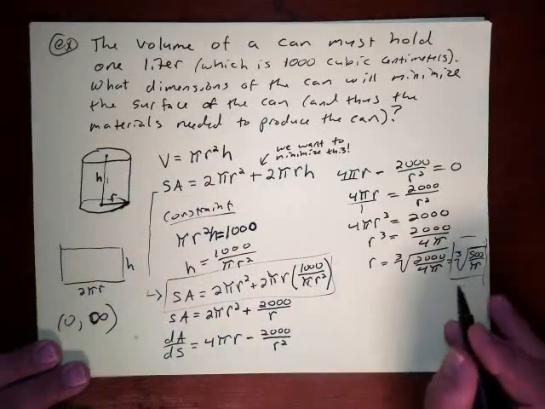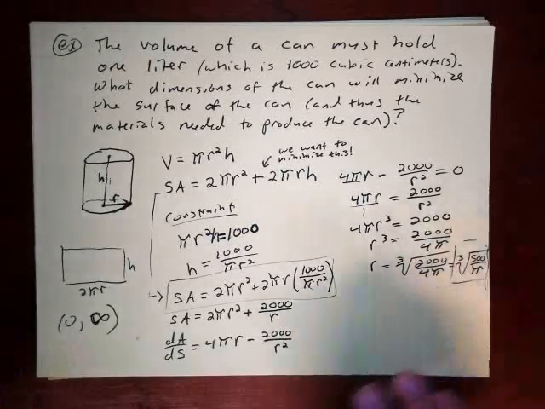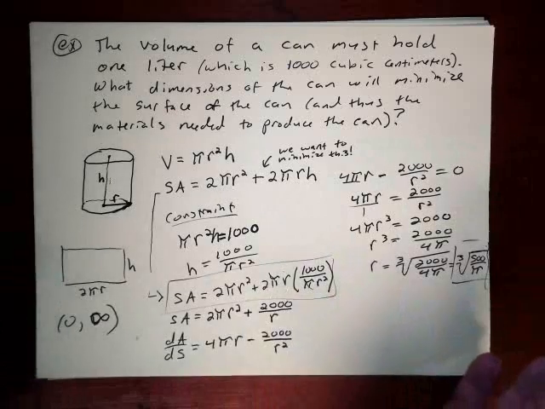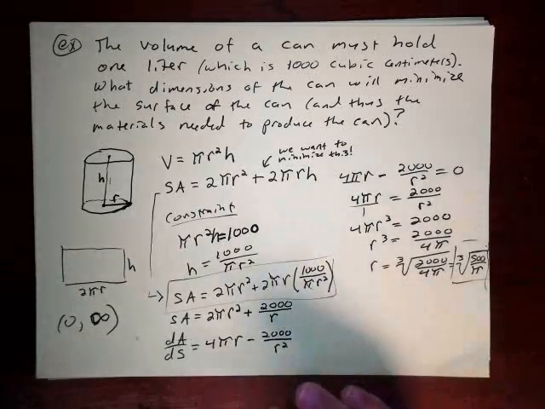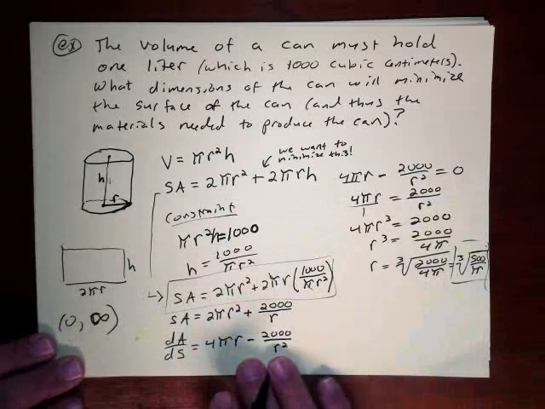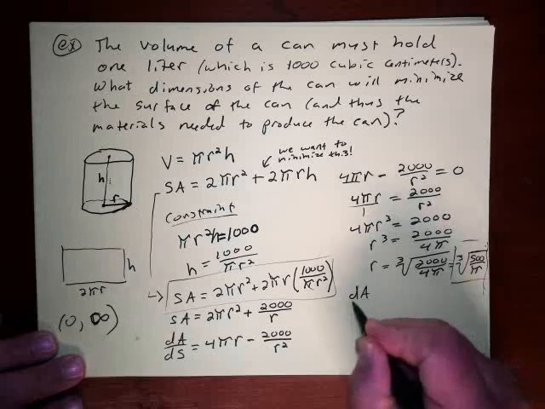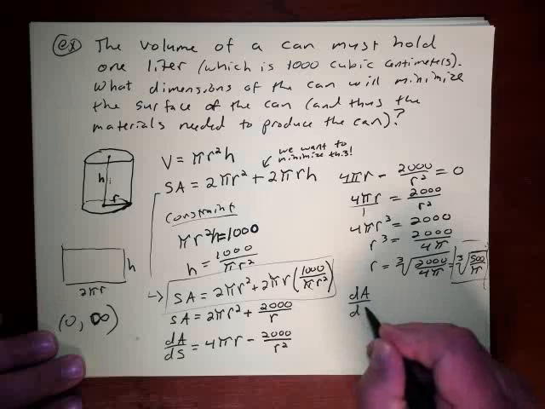So what we've got to do now is make sure that this is a min, right? Because just because it's a critical point doesn't mean it's a minimum. It could be a maximum, it could be neither. So I think, again, the easiest way would be to take the second derivative here. So dA over d,